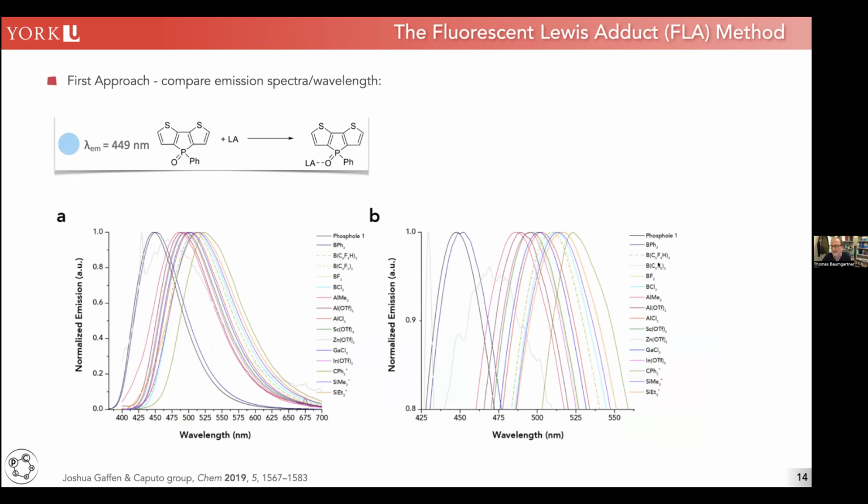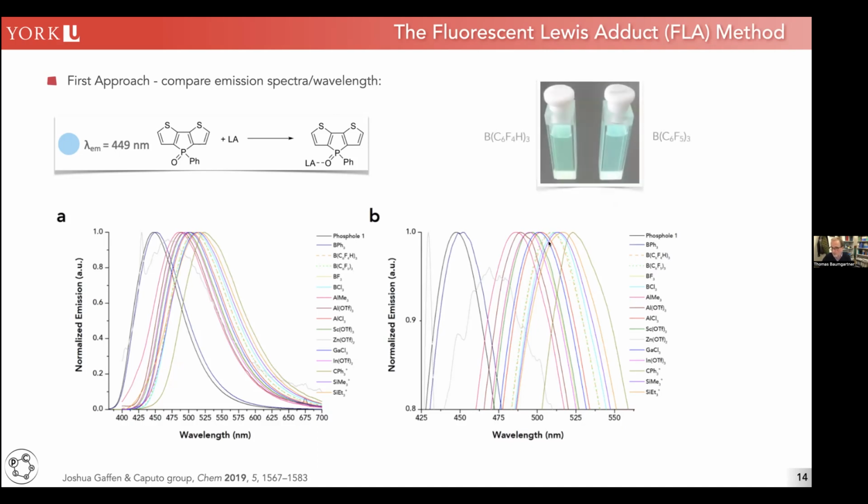Here's a couple of dashed lines that I would highlight. So one of them is, again, our BCF, the perfluorophenyl borane, but also a species where the para-fluoro in the phenyl groups of BCF is replaced by a hydrogen. So minor change, this is a para-hydrogen substituent. And if you look at the two curves, they're almost identical. But people have established in the past that no, they actually have a slight difference in Lewis acidity. They're close to each other, but they certainly have a different Lewis acid strength. So just looking at the emission maximum doesn't really help here.